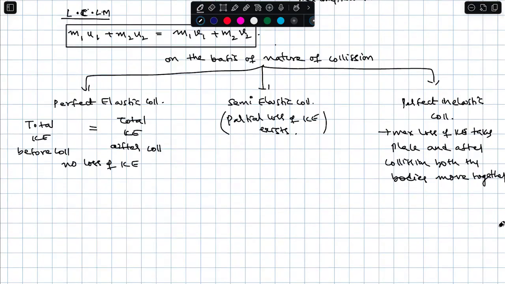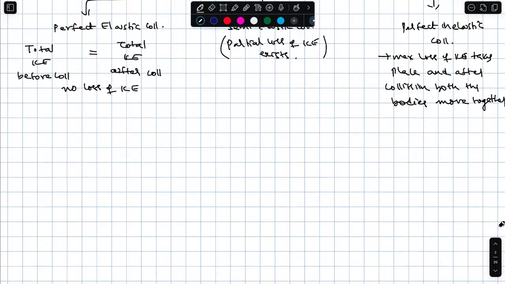So that is how they are classified. But this information is also not sufficient. For this purpose, Newton introduced a factor. Newton actually introduced a factor, and that factor is called,